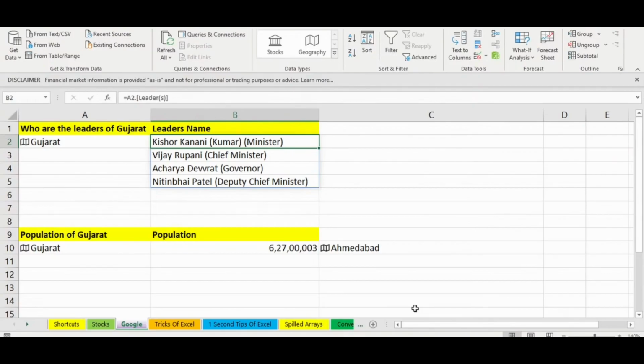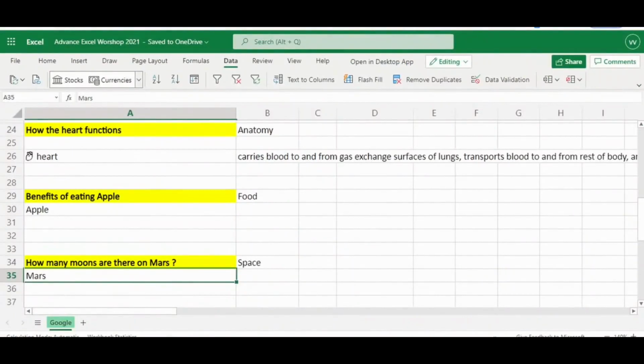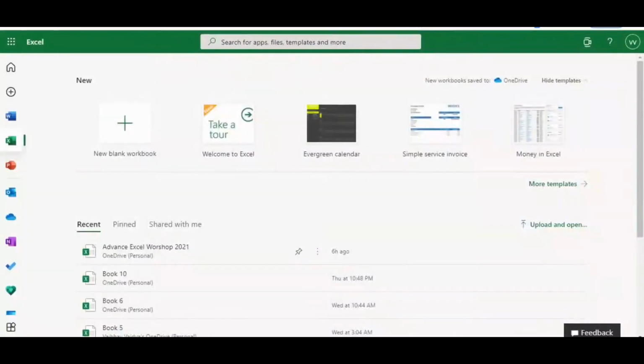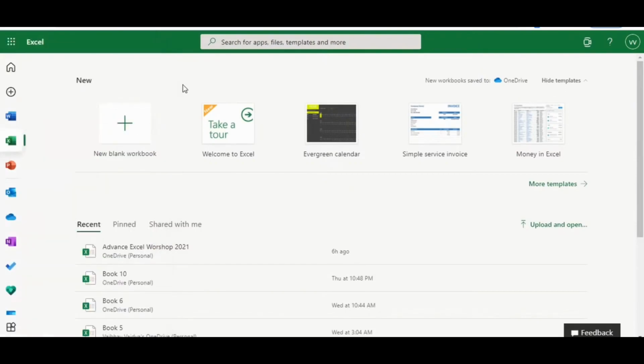You can take a one month subscription, unsubscribe, and subscribe again. Just your email address will go, nothing more than that. So that is also a way. I'll not suggest that. It's better you purchase it. It's a one time investment. So in return, what you are going to get is, if you are going to update Microsoft 365, I'm not doing a marketing for them, let me be very clear, but not just your Excel is going to get updated, but your Outlook, your OneDrive, your Word, PowerPoint, OneNote, Calendar, Skype, and in some versions even Visio is available.